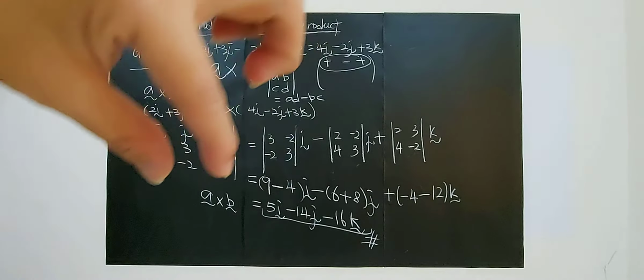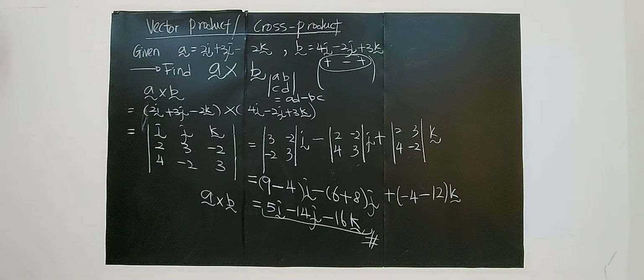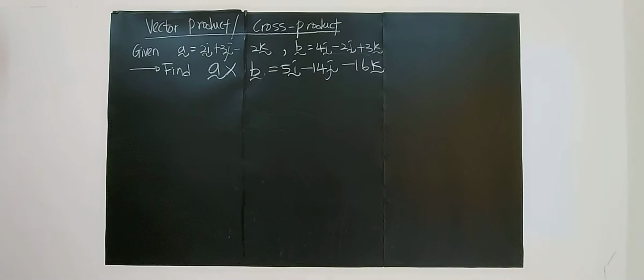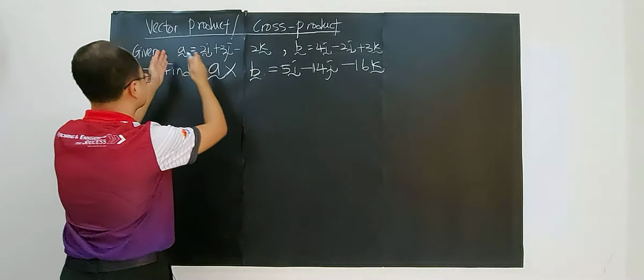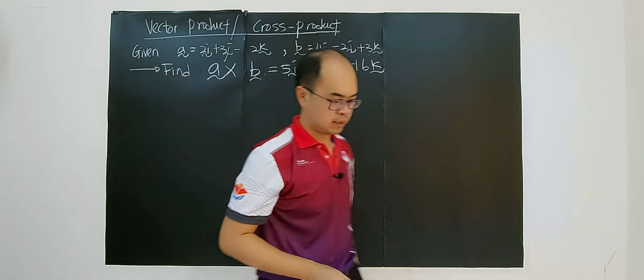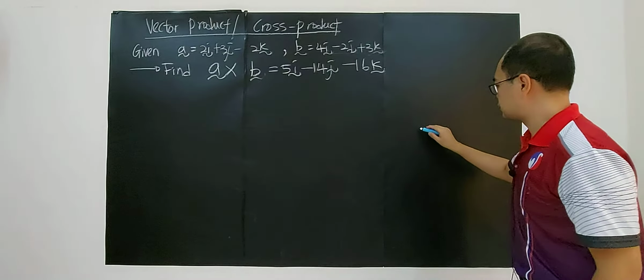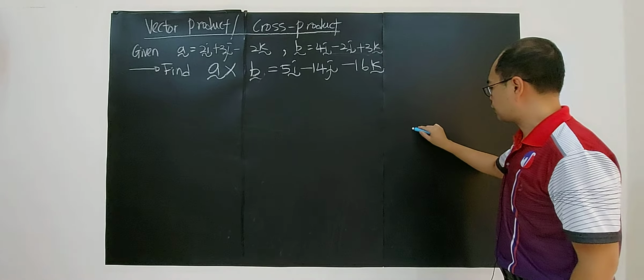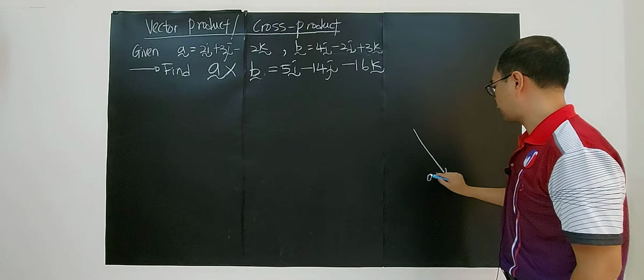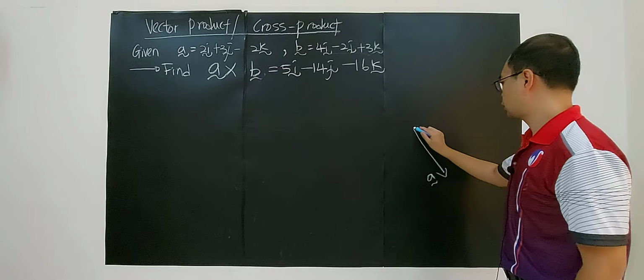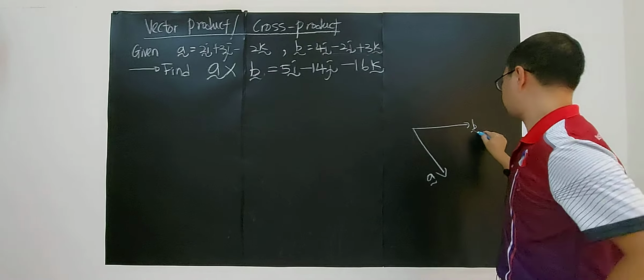Relationship between these two, vector A and vector B. Let's listen to what I'm explaining. If I want to prove to you what the relation is between A cross B and A, in the first lessons we explained that if you have a vector A, and you cross it with vector B,